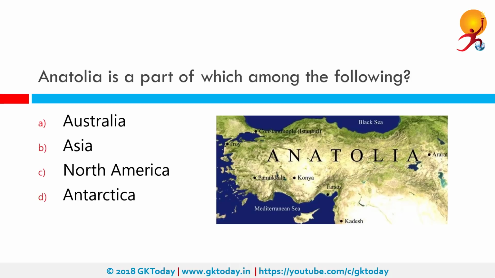Anatolia is a part of which among the following continents? The correct answer is Asia. Anatolia or Asia Minor constitutes the central part of Turkey. It is bounded by the Taurus Mountains in the south, the Black Sea in the north, and the Aegean Sea in the west, while the eastern boundary is formed by the Mount Ararat and Armenian Knot. Anatolia is a plateau having undulating topography, and the national capital of Turkey, Ankara, is located in its central